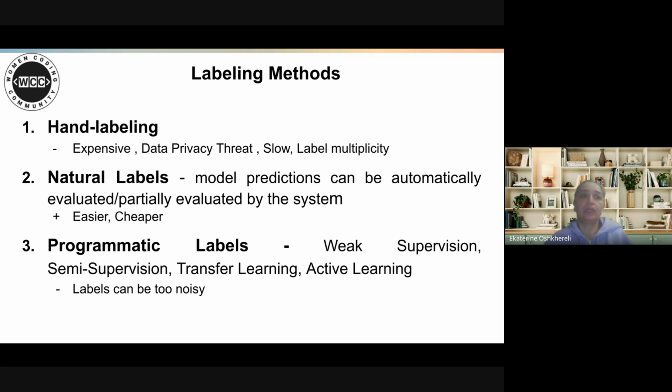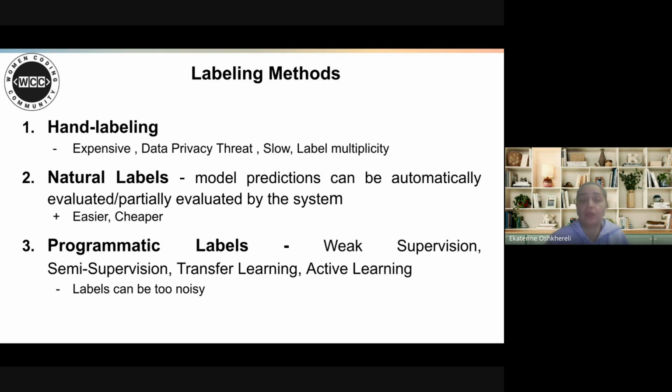Or another example is when a model estimates the time of arrival for a certain route on Google Maps. After the end of the trip, the model already knows how long this trip actually took, and how accurate the estimated time prediction was. But natural labeling is not always handy.